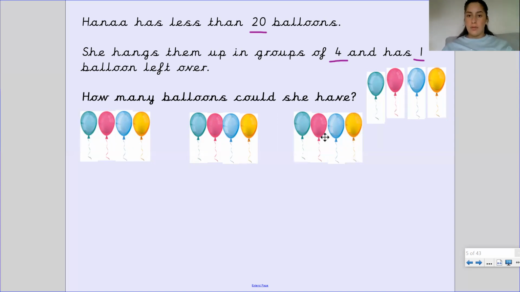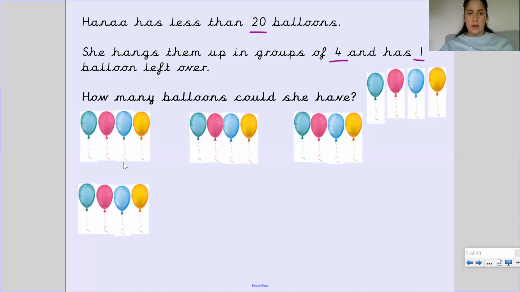Can I make another group of 4 and have 1 remaining and still have less than 20 balloons? 4, 8, 12. What's the next number counting in 4s? 16. So I can make another group of 4, and if I have 1 left over, I will have 17, which is still less than 20 balloons. 2, 3, 4. Okay, so I've got